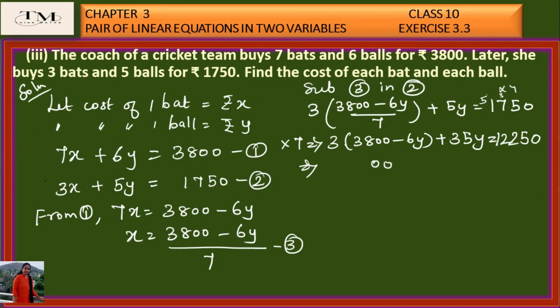Write these two zeros here. 3 eights are 24. Balance 2. 3 threes are 9. 9 plus 2, 11. Minus 3 into 6 is 18. Plus 35y equal to